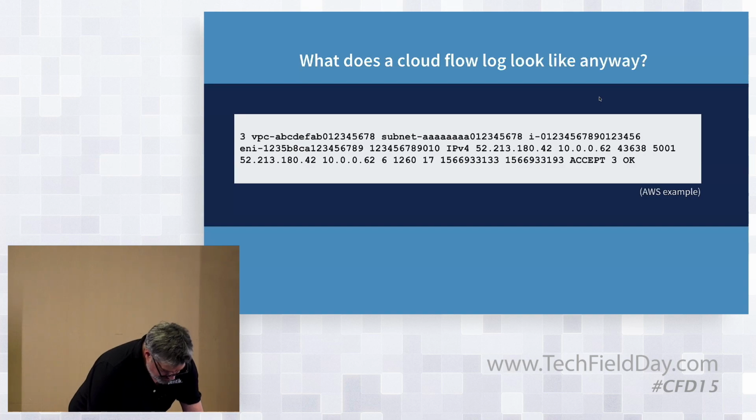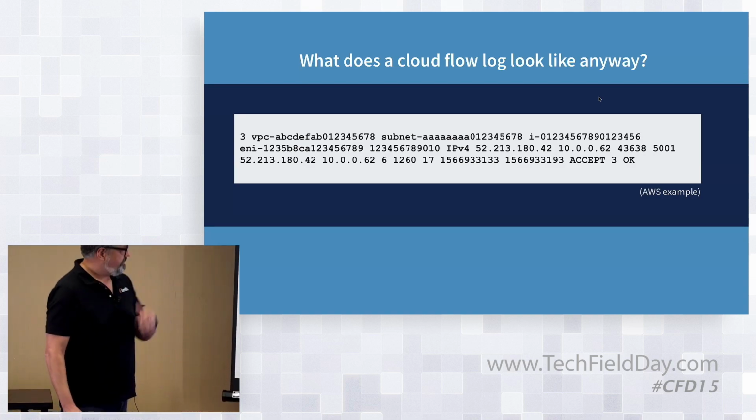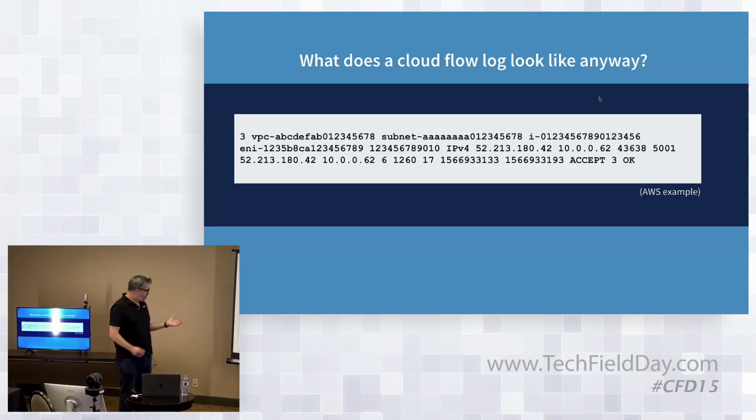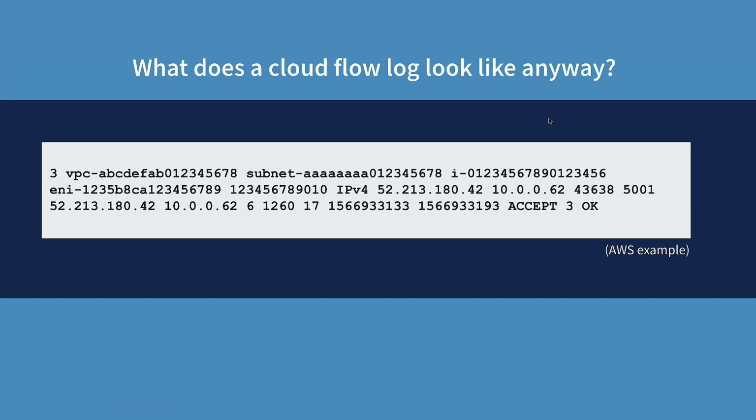When we look at this, I'm just going to pick on AWS for a minute. What does a flow log look like? You can probably recognize a couple of things in here, maybe the IP addresses, they're probably the source and destination IP addresses, but it doesn't really tell you a whole heck of a lot. So if you're collecting those and pulling those in and just putting them into a database,